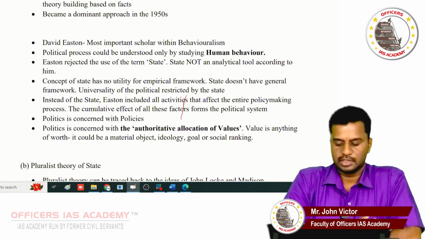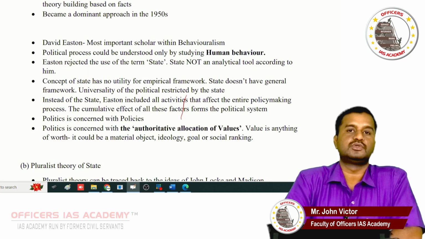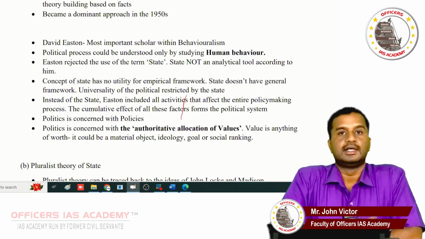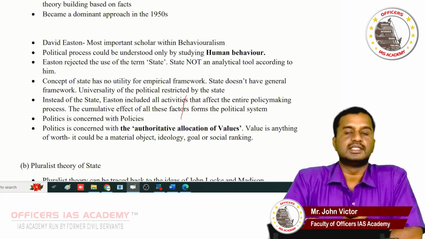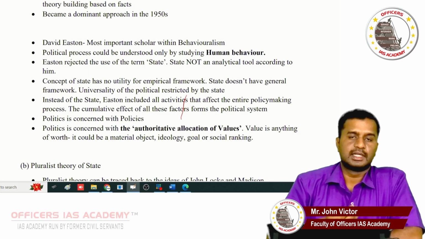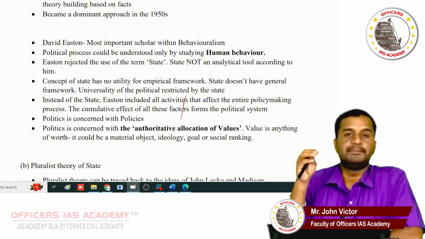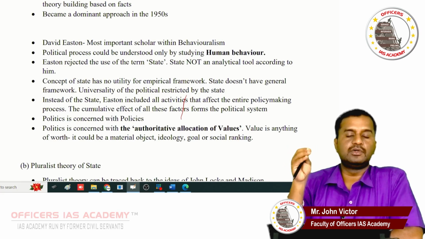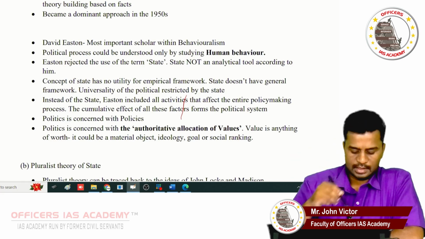So bring these points. You can give general examples as well as current affairs examples to explain the behavioral approach. For example, the voting behavior of people showcases behavioralism. The support given by people in some countries towards military regimes is an example of behavioralism. Behavioralism basically studies the behavior of people. As a result, we are able to understand politics better. This is behavioralism.